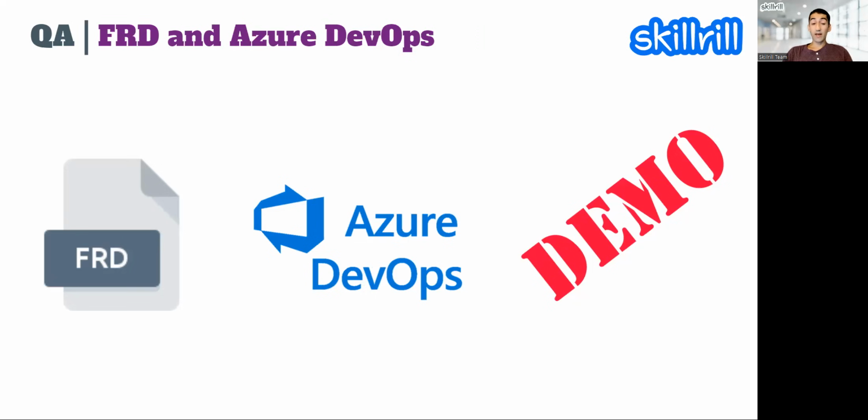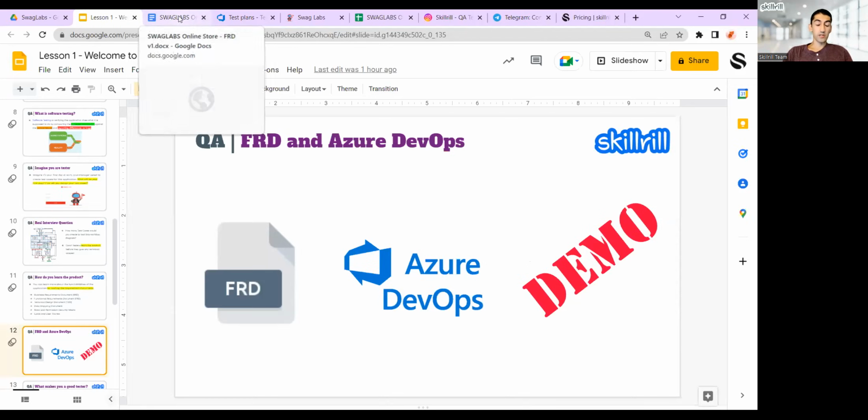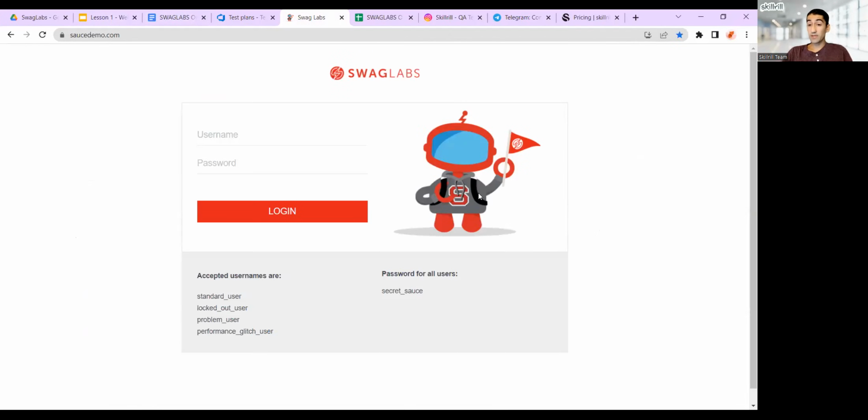And that's what we're going to look into right now. We're also going to look into a tool called Azure DevOps. It's a test management tool where you can actually create your test cases, so you don't have to create them on a piece of paper or in Microsoft Excel. So with that being said, let's look into the document first. So this is the application that, let's say, your QA manager gave you. It's a test application. Let's say it's a test environment, right? So test environment means that it's an application that you can test without impacting the actual users, right?